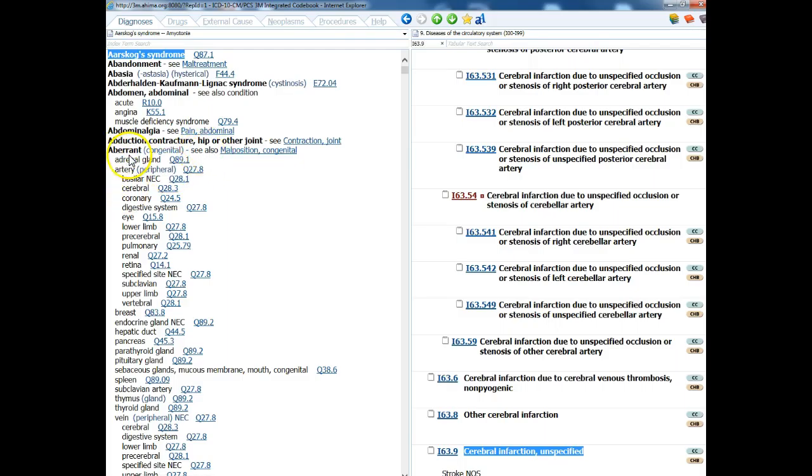So when I come to aberrant, I have a non-essential modifier, congenital in parenthesis, and it says see also malposition